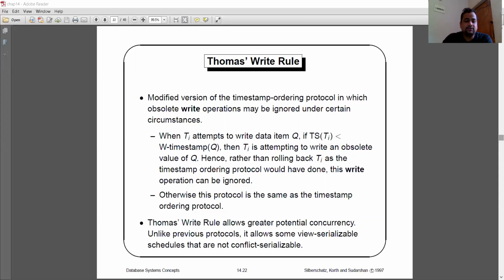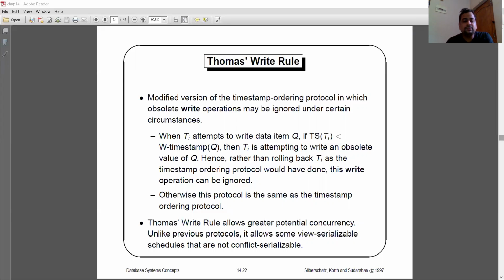The last part here you can summarize like this. Let us consider Ti is the transaction, and TS(Ti) is its timestamp. So it indicates the timestamp of transaction Ti. Second, we discuss the read timestamp, and third, the write timestamp of X. As you know, we have to perform two types of operation: either a read operation or a write operation. First we'll discuss the read operation, then the write operation.